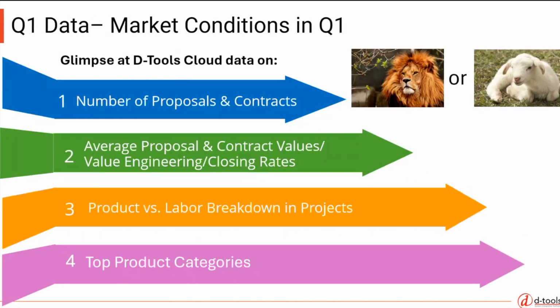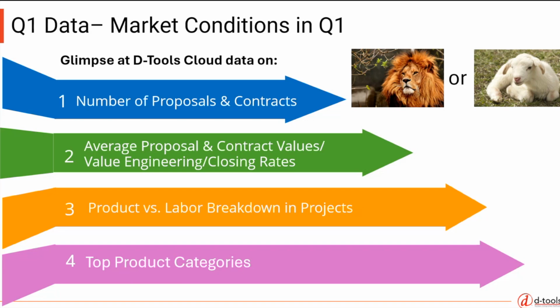Awesome. Thank you, Barry. All right, let's jump right into it. So here's what we're going to go over today. Again, this data is coming from D-Tools cloud users only, which Barry mentioned we're over 2,200 now. The data is going to be presented as averages. So I know we've added, as he mentioned, over 1,000 companies in the last several months, but these are averages. So it's not anything where we're comparing apples to oranges. These are apples, straight averages based upon the dealers that are in the system.